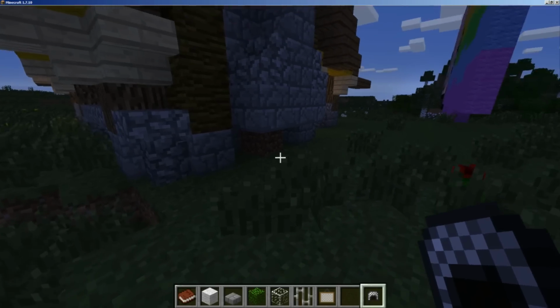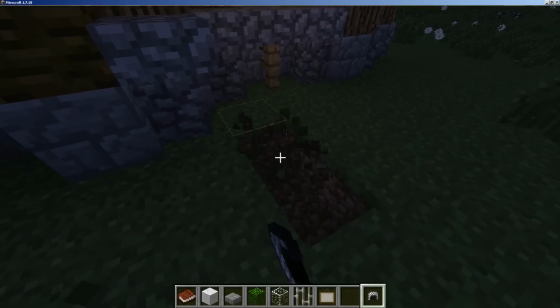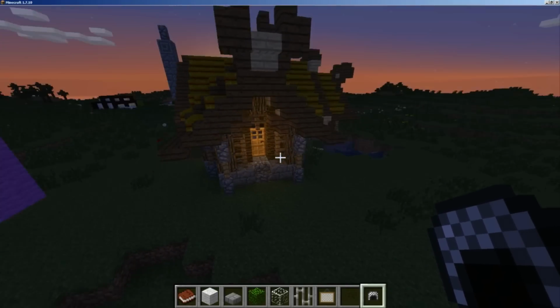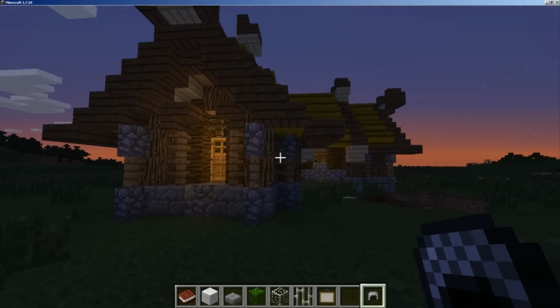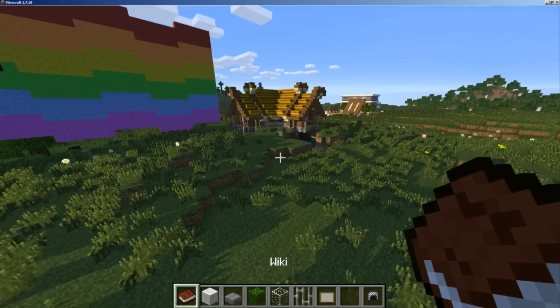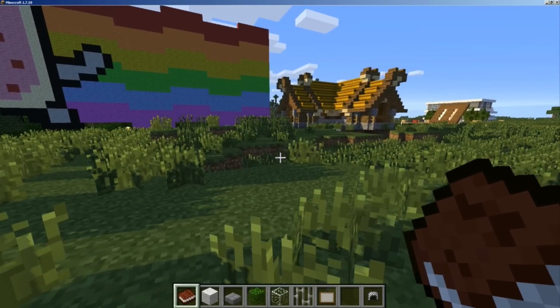And if we go to it, here we go. This is it right here. And if you were to break down, you're going to see that there's stone, which is very, very cool. And there you go. This right here is the house that we went ahead and spawned in. Very easy. It's the Viking house. So that right there was the Viking house, but I'm not done here